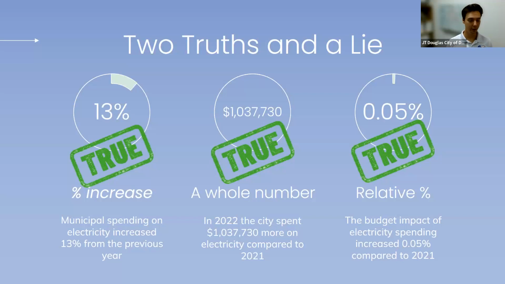When we put all three of these in there, we're talking about a much more complete story of what's really going on. So we've got that relative comparison to previous years. We've got the true whole number, and then we've got the context of that in the larger picture of the entire budget. And so that's kind of best practice, is to give more than one piece of context there. So let's talk about another example and potentially where we could go astray in our presentation of information.